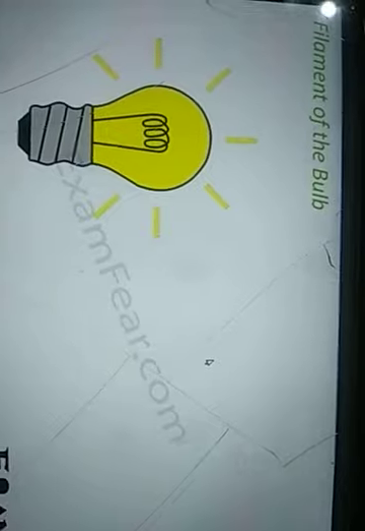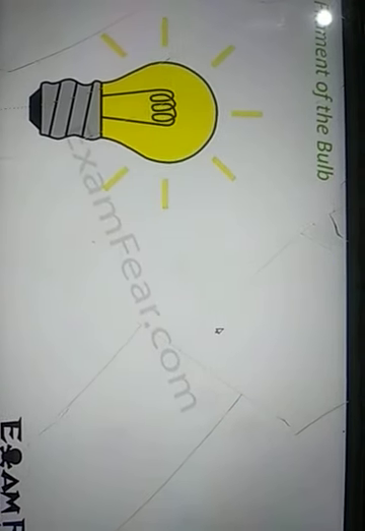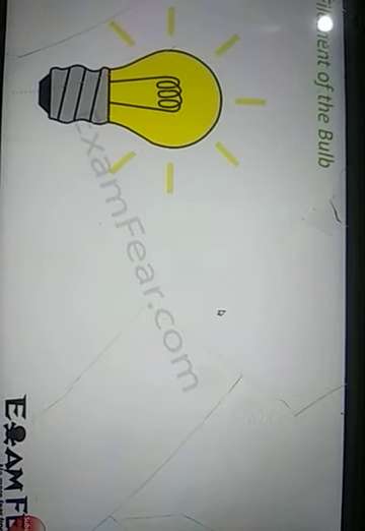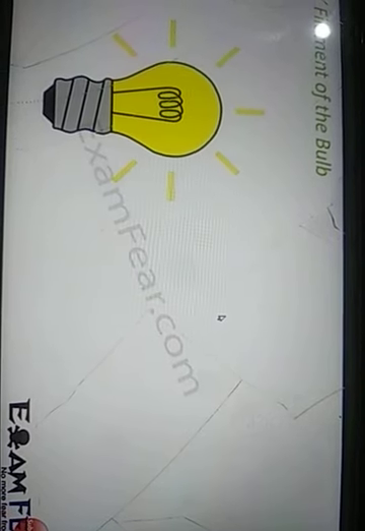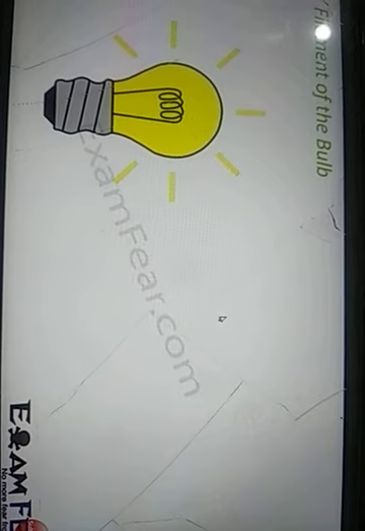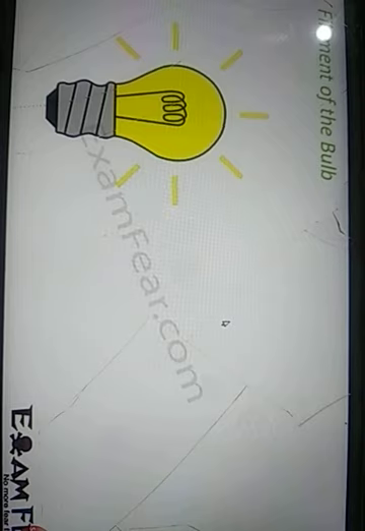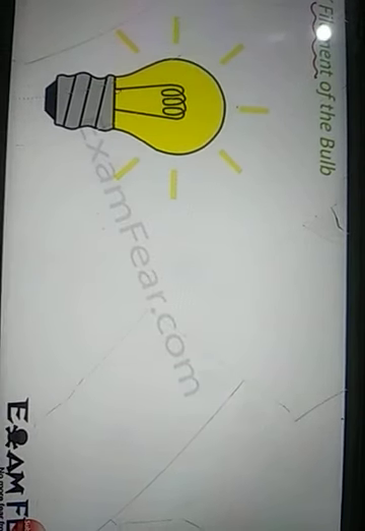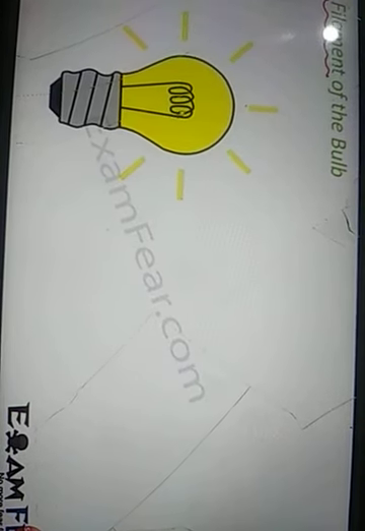Let us now talk about yet another interesting fact. Since current flows through the circuit, that is why the bulb glows. Now, what is it in the bulb that makes it glow, that creates so much light? That important part of the bulb is the filament. It is actually a thin wire which glows when current passes through it. So, just try to observe the bulb. You will see a wire like this inside the bulb.